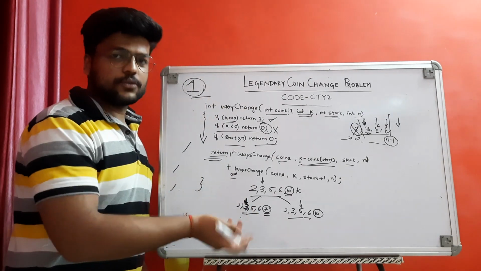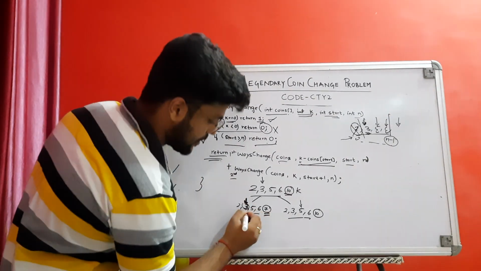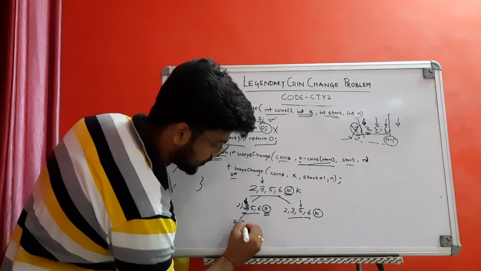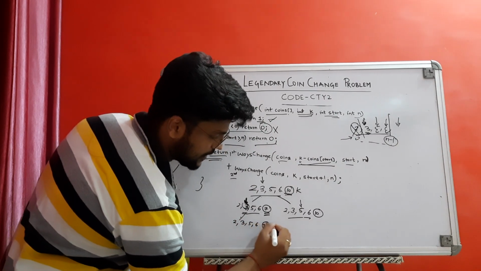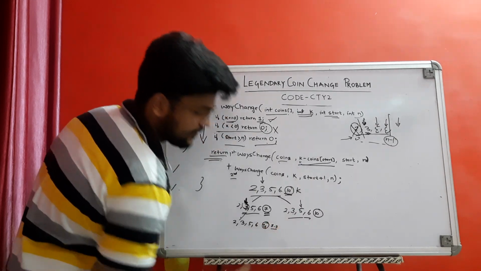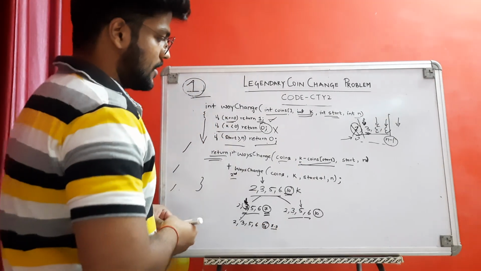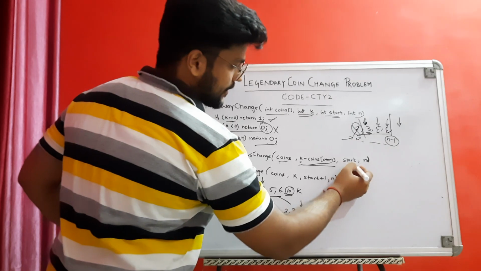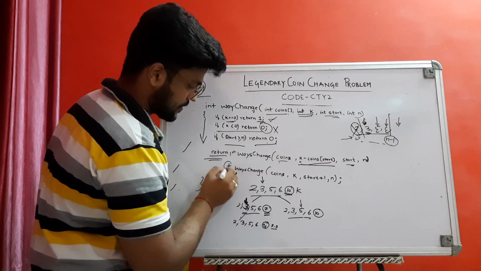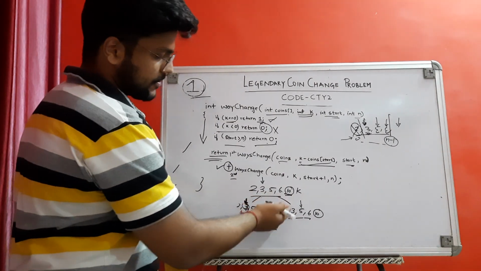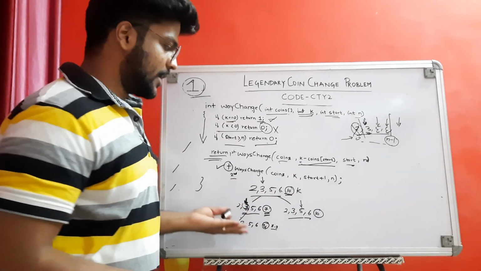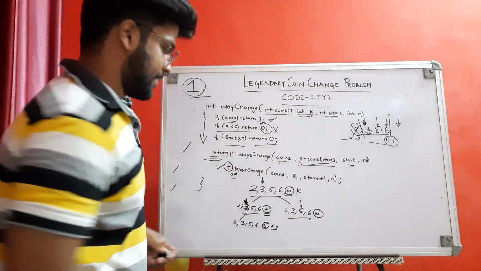Why? Because you can use 3 again and again. Like for 7, you can use it again with 2, 3, 5, 6, and now the required sum will be 4, that is 7 minus 3. So you can use it again and again, so I won't increase the start here. Okay, so now plus. Why am I doing plus? Because there are two possible ways and both are possible. Both are good, so I will count both of them.